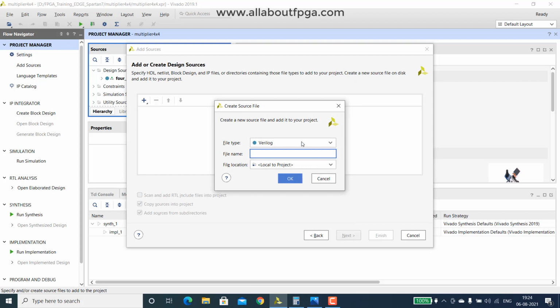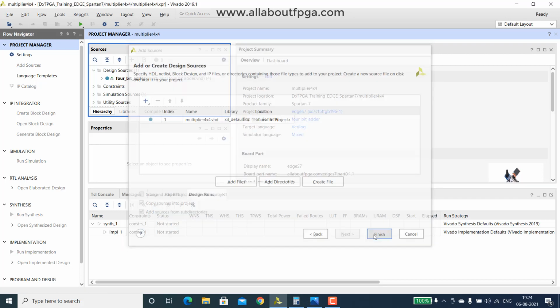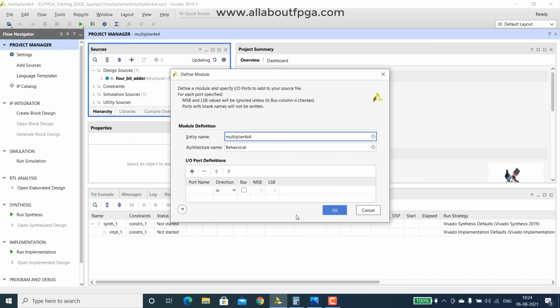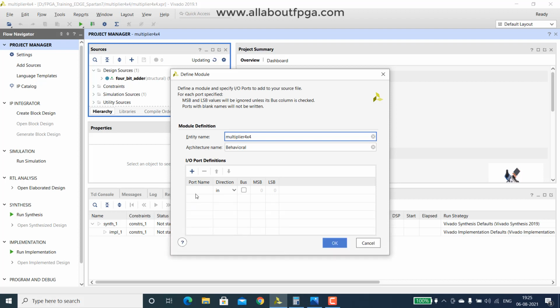That is still multiplier 4x4, finish. So in that multiplier we have x as an input with a bus range of 0 to 3.